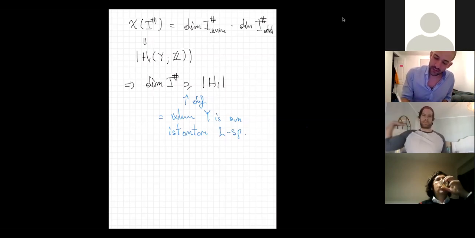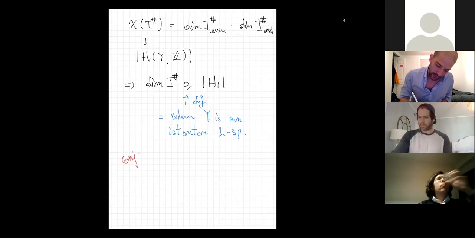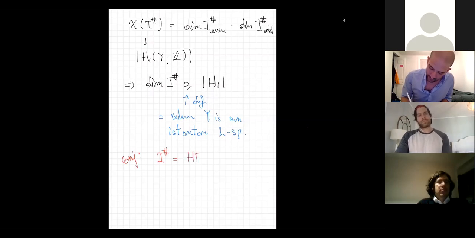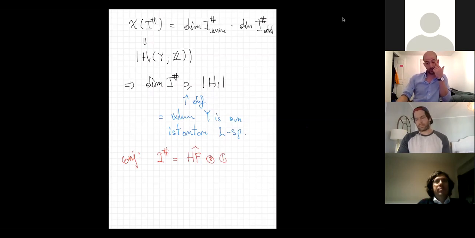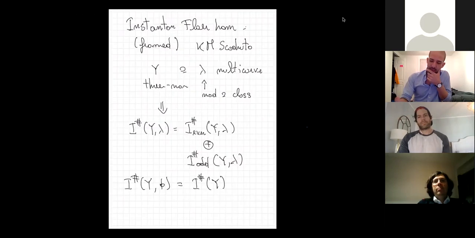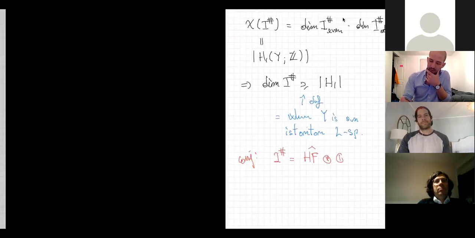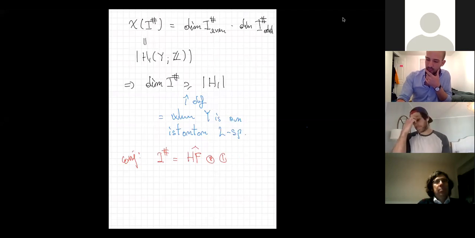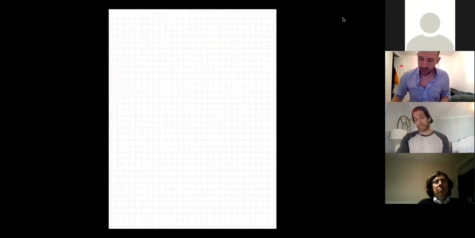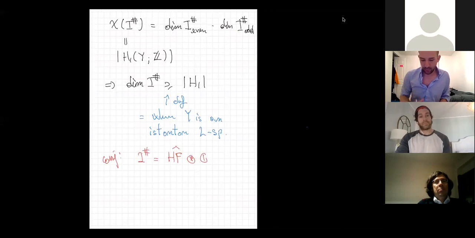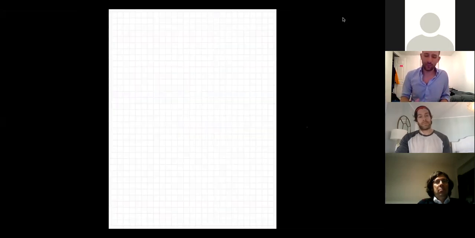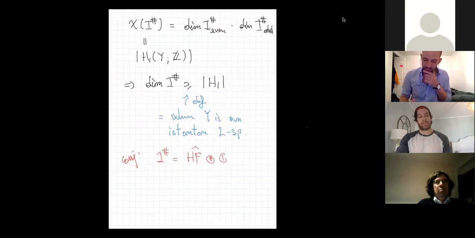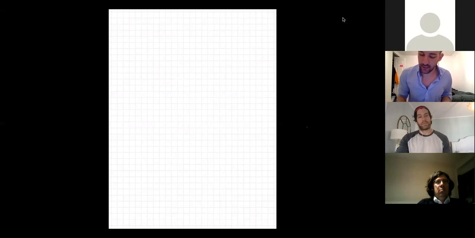Indeed, Kronheimer and Mrowka, I think, conjectured that the group I sharp is the hat version of Heegaard Floer homology with complex coefficients. These groups are kind of hard to compute, and what we did in our project with John, Irving and Steven was to make some computations, and it came out from our computation that this conjecture is true for the three-manifolds we were interested in, and these three-manifolds are the ones coming from singularity theory. So what we proved is that